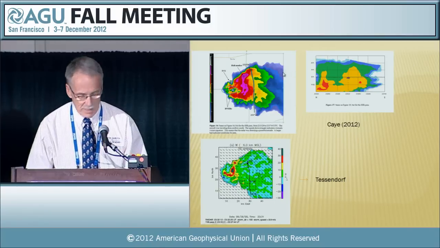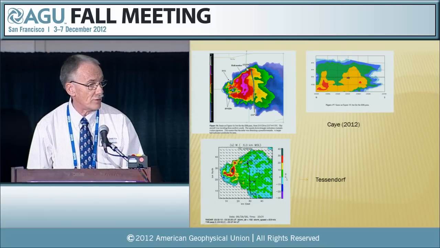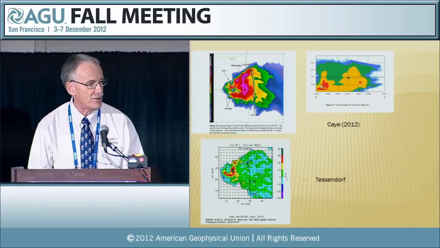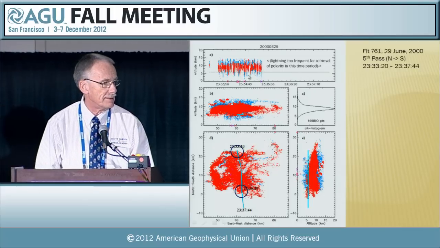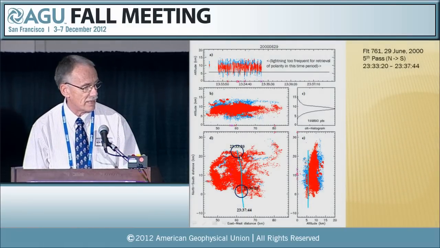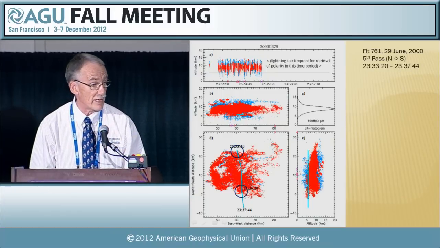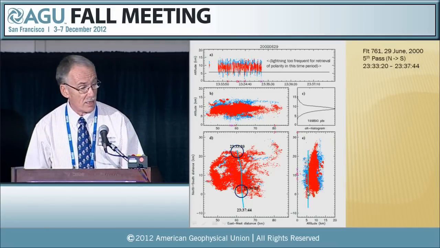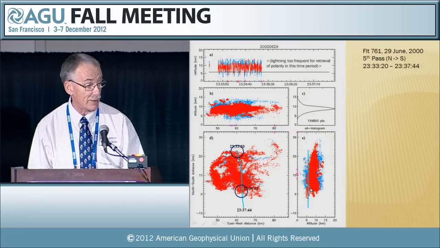A second pass was made by the airplane across the downshear precipitation region from north to south. All the action is up here where the updraft is. Reflectivity is much reduced. And we're finding mainly similar structure. Here's the path of the airplane projected on the east-west plane. Here's the path going through the storm. Here's your lightning hole associated with the updraft. And you can see that the airplane is flying again along the lower part of the region identified as net positive charge using the LMA.